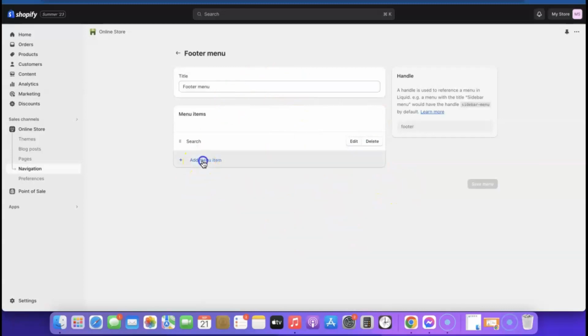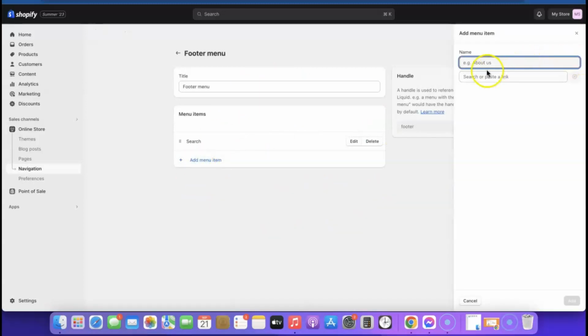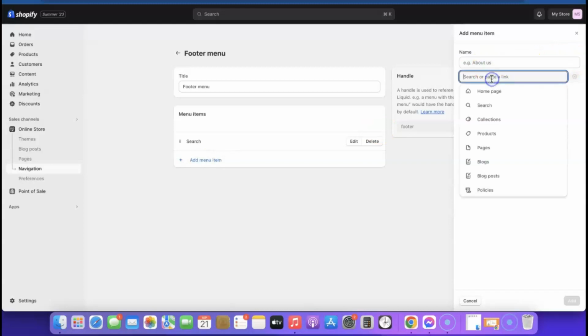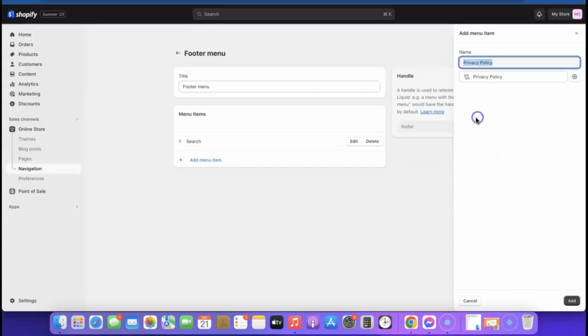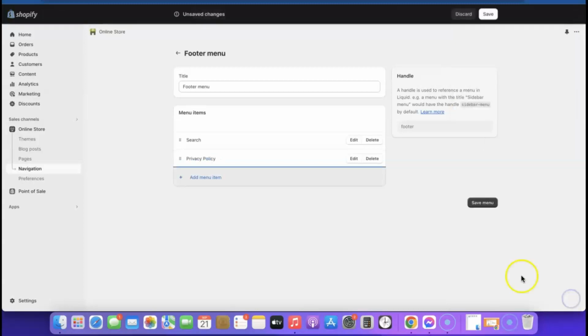So here all you simply need to do is click on add menu here, then come over to policy here. So when you come over to policy, you'll be able to add all this. So click on privacy policy. So click on add. Then after that, all you simply need to do again, just come over here, click on add menu again,